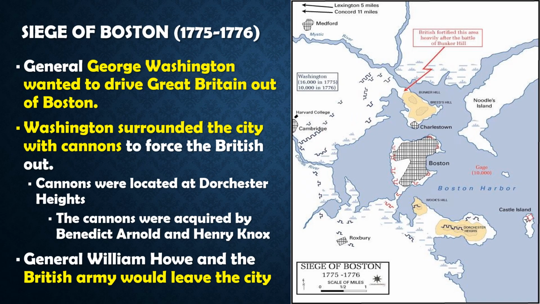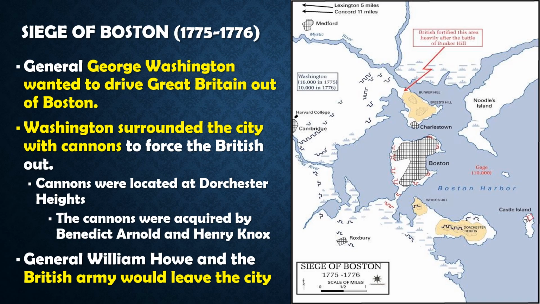So, the first major event that we're going to be talking about with the start of the American Revolution is something known as the Siege of Boston. Boston itself was obviously the epicenter of the colonial rebellion, and at this particular time, after the Battle of Bunker Hill, Britain had a military occupation of Boston. So it was very important, especially for the new Continental Army, George Washington, and the United States, to take back the city of Boston.